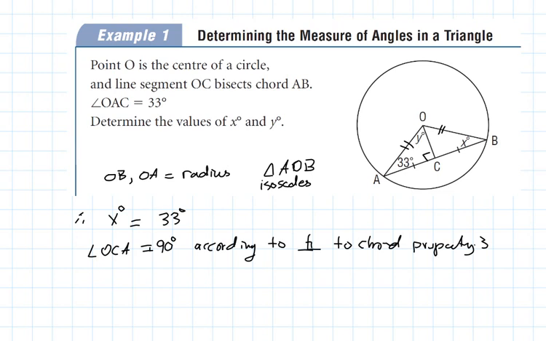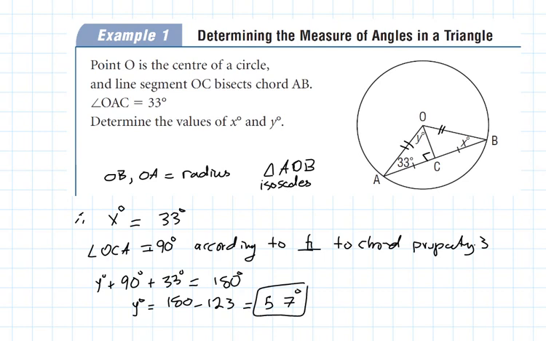Why is that useful? Now we know that y plus 90 plus 33 equals 180. It's a triangle, so all of its angles add up to 180. So that tells you that y equals 180 minus 123, which gives you 57 degrees. So 57 degrees is the measurement for this angle at y. Okay,